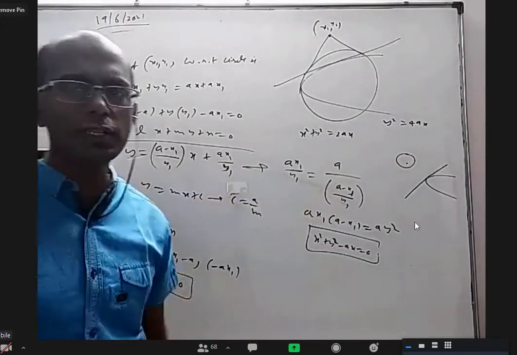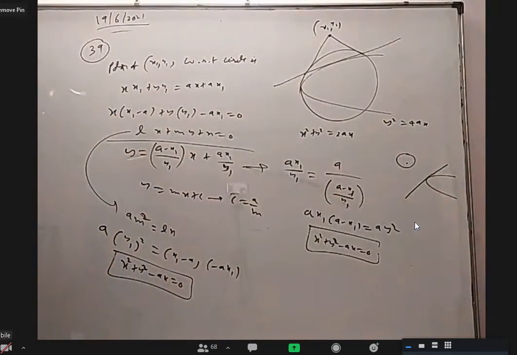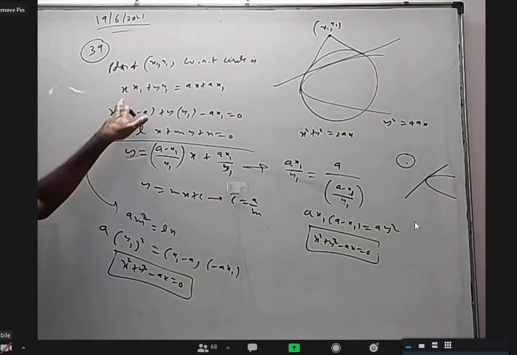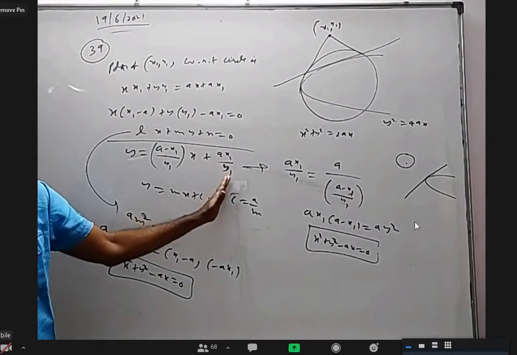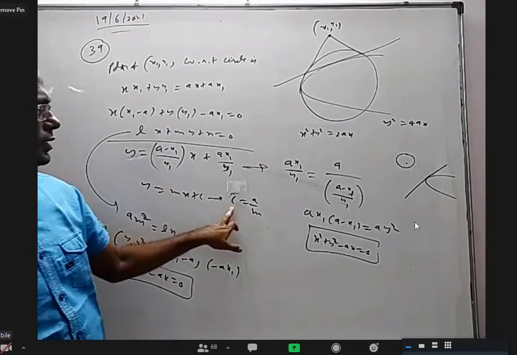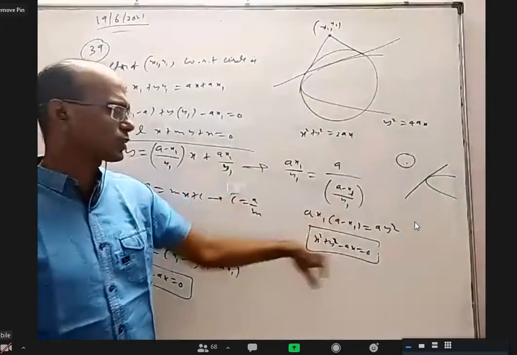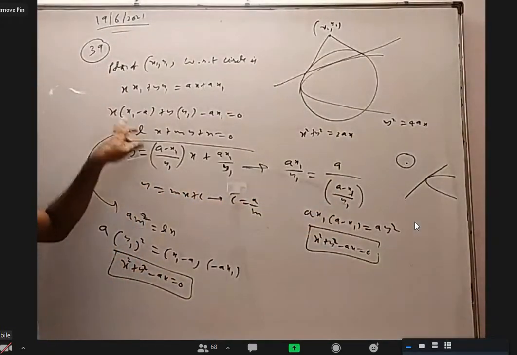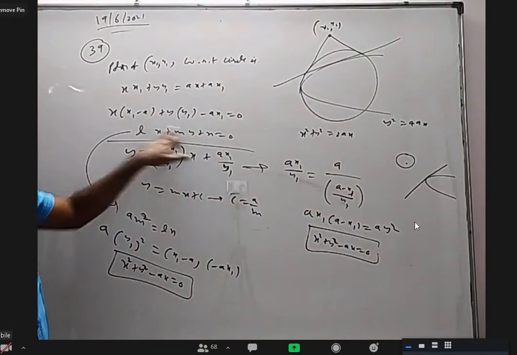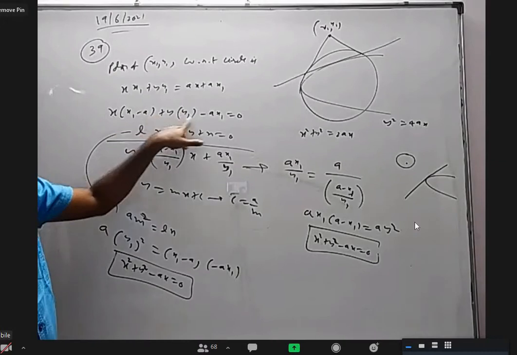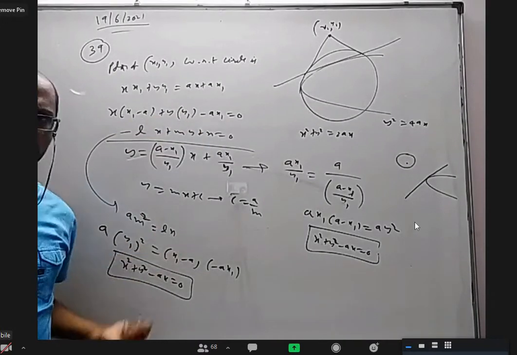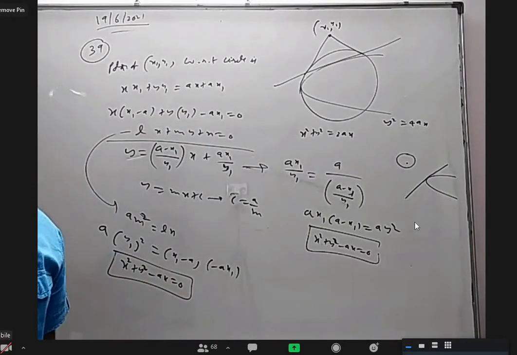For a line to be tangent to the parabola, what is the condition? c = a by m. So after getting this, S1 equal to 0, I adjusted it properly as y = mx + c. For it to be tangent to the parabola, c = a by m, I use that formula. That's how I got this. Or for a line lx + my + n = 0 to be tangent to the parabola y square = 4ax, a m square = l n. Then this is l, this is m, this is n. I use that condition. Either way, is it clear now? Yes, sir.